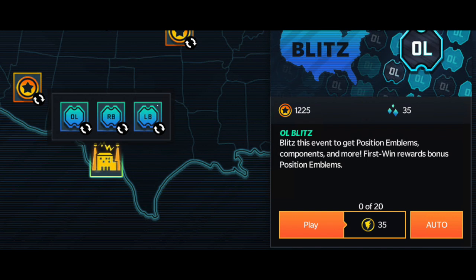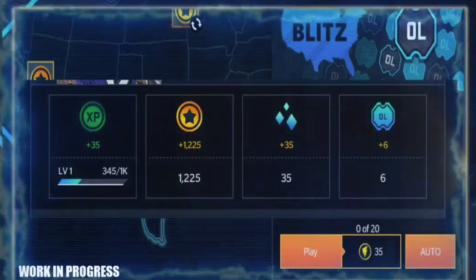If we move on to the next slide, we do see some examples of quote-unquote rewards that we might get. Obviously you get XP and coins. The little blue diamond thingies, that's called gridiron dust. I'm not exactly sure what you use it for, but they're using more ways to craft items. I think that's the word they're using, crafting items with gridiron dust, and then as you see on the